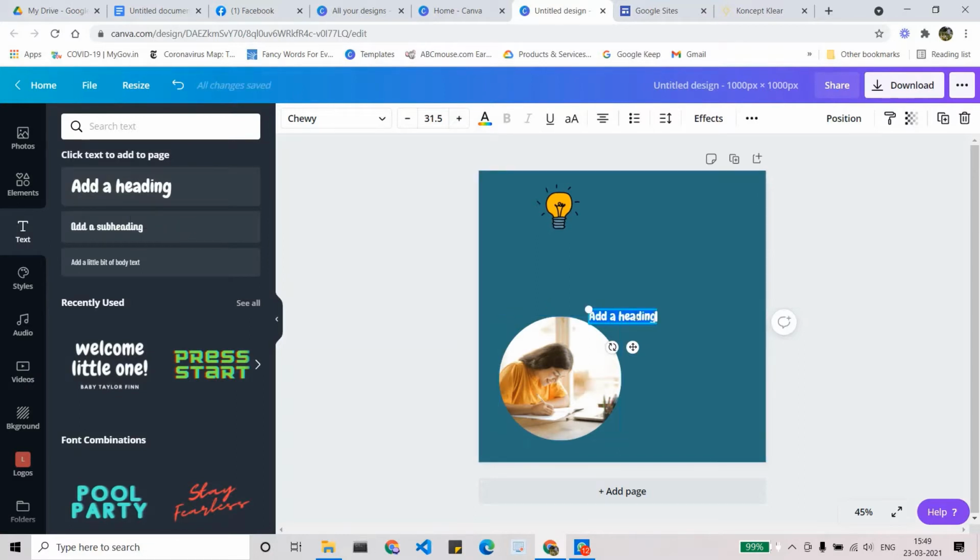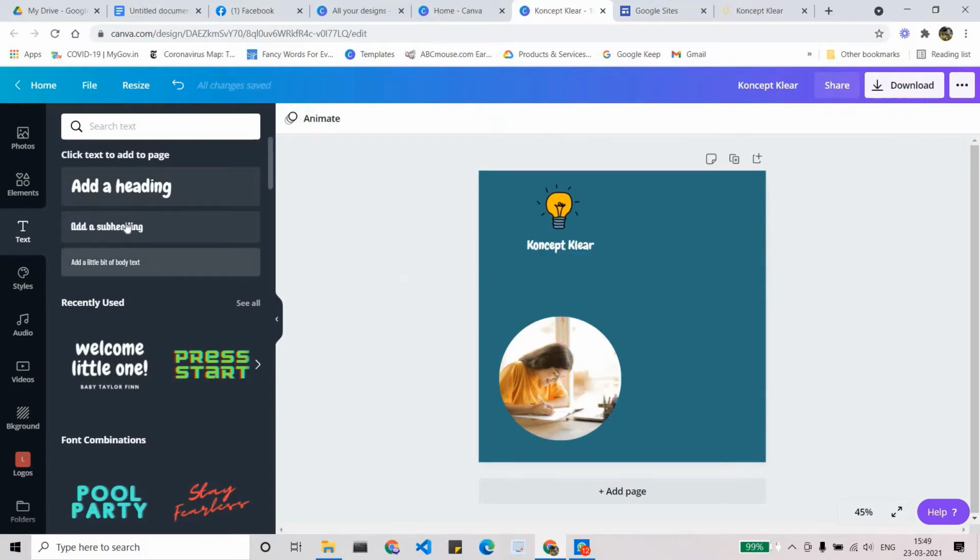The heading is Concept Clear, and the subheading is learning. This is for my branding, but you can choose your own branding.